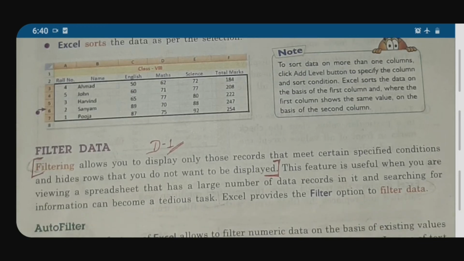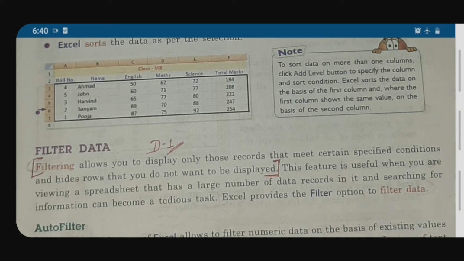Filter data. I hope you all might be knowing about the filter data. Filter data means if so many options are there, we can select some choices according to our wish. We can choose to see those conditions. So filtering data means filtering allows you to display only those records that meet certain specified conditions and hides rows that you do not want to display.